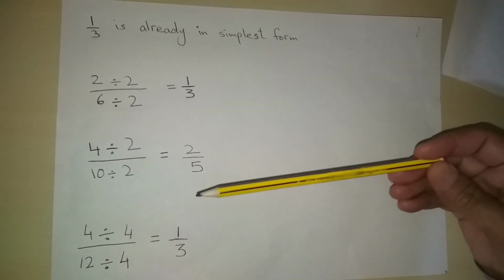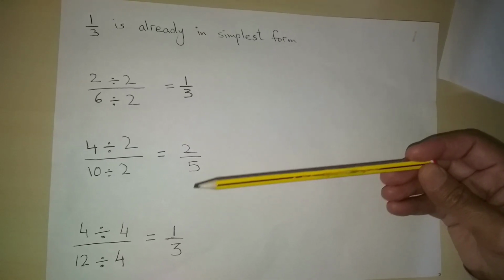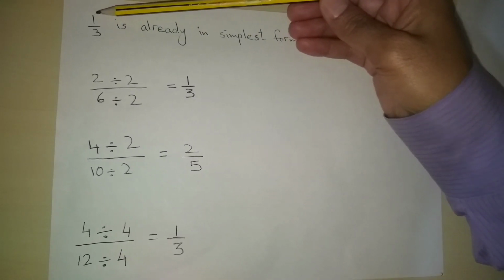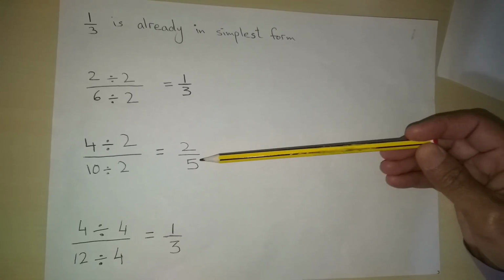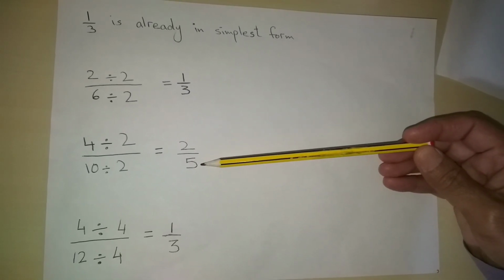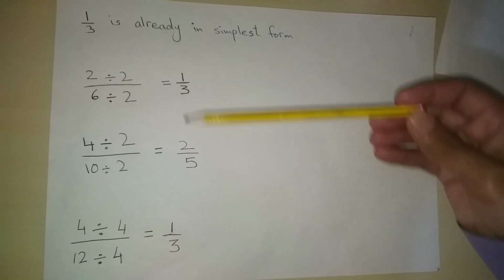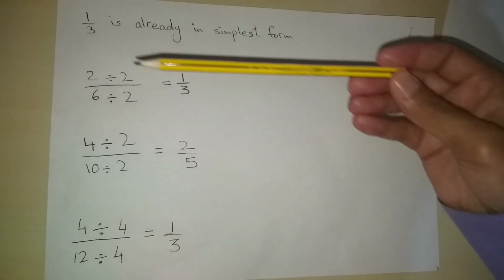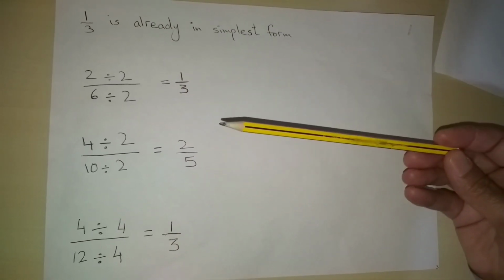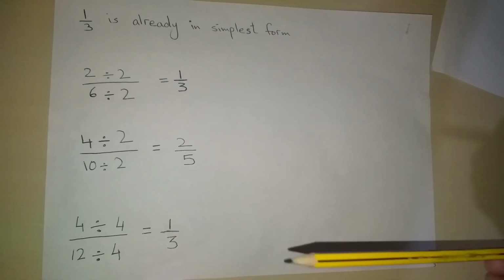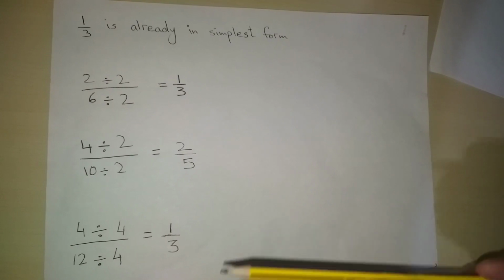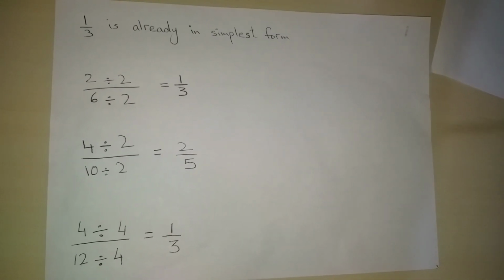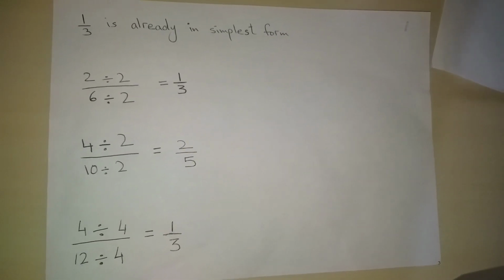Now looking at the end results, we can see that the fraction given at number 3 looks different to all other three fractions. The other three are the same, 1 divided by 3, 1 divided by 3, 1 divided by 3, and this one is 2 divided by 5. So this is not equivalent to the other three. So this is how we can check if any given fraction is equivalent or not. So that concludes today's lesson. So thank you very much.